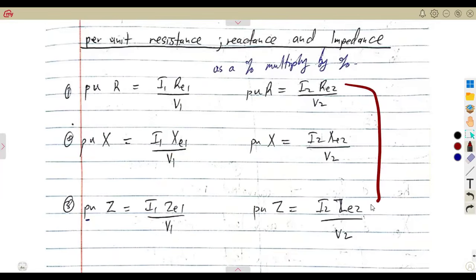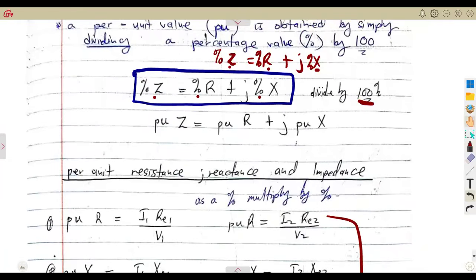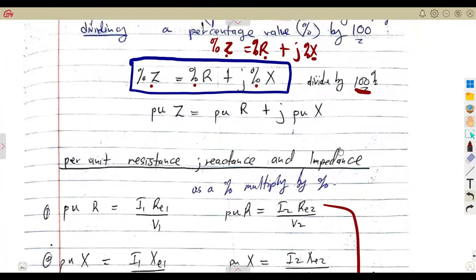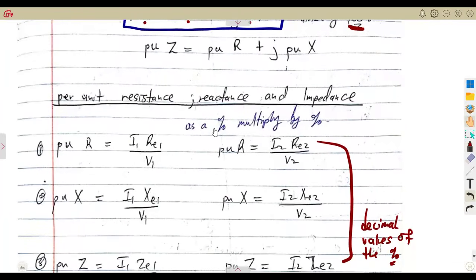These are decimal values that you are obtaining. These are decimal values of the percentage. When I'm talking about the decimal value of a percentage, meaning to say they have been divided by what? By 100%. Remember, per unit value is a value that you obtained when you divided this by what? By 100. So for you to go back to the percentage now, you simply multiply